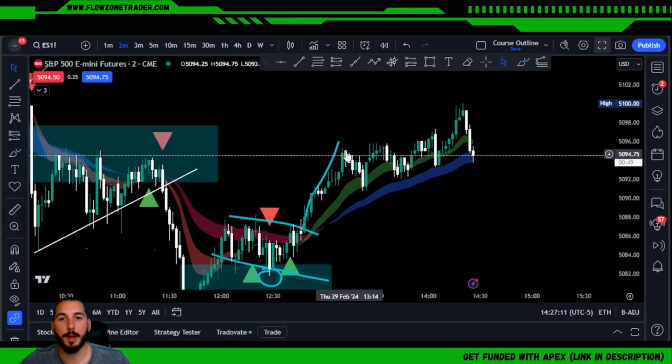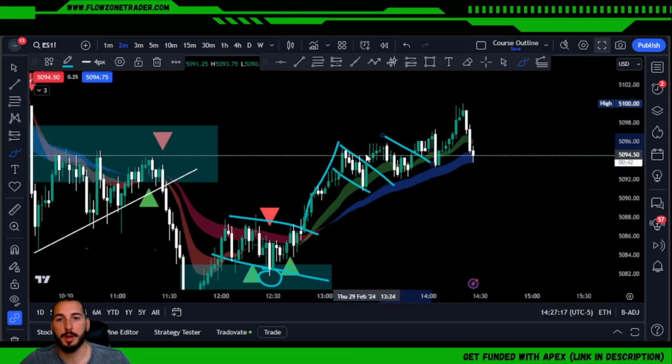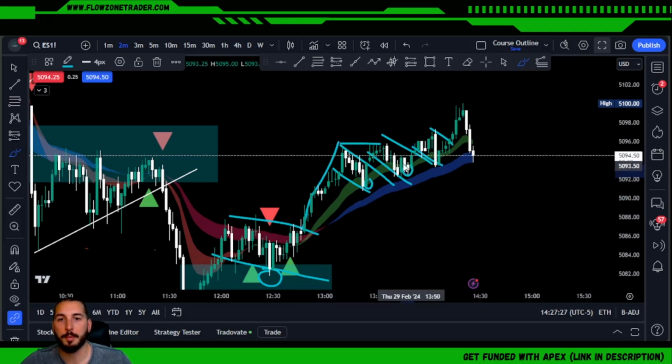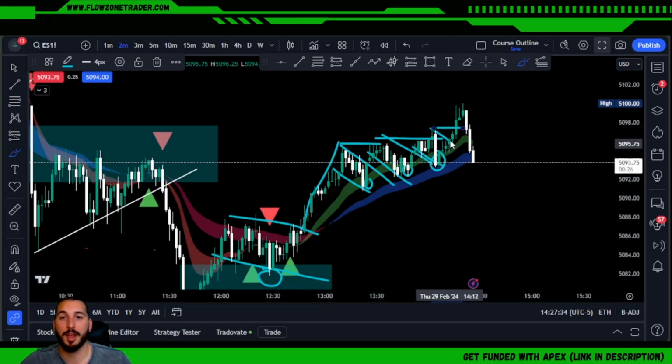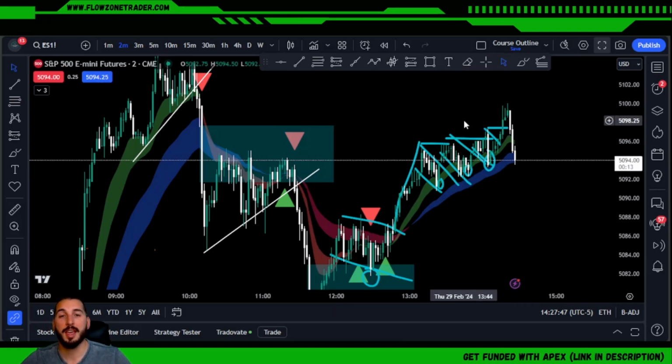And where do we pull back into? We create yet again a pullback into the 13 21, another one into the 13 21. This is giving you so many scalping opportunities, taking profit every time we break structure at the top. Very, very limited risk and great reward until eventually we have come and repriced this whole section here,